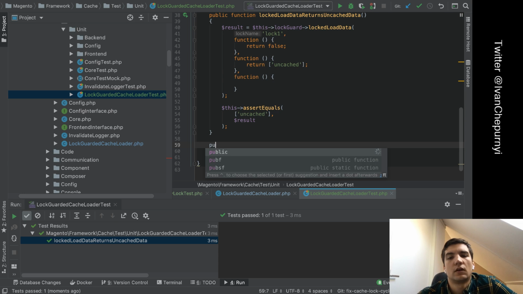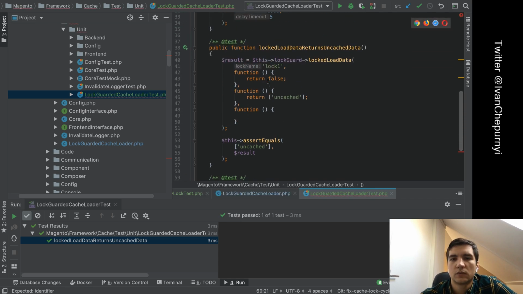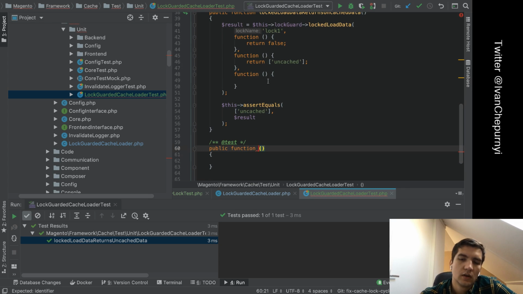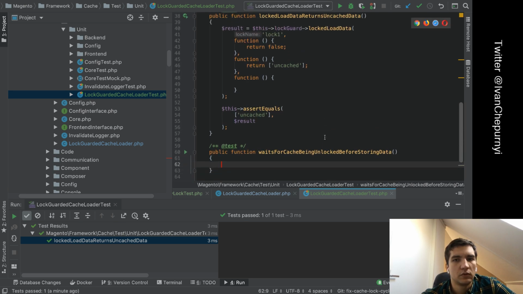Then what we will do next, we will write another test. Another test will check that it waits for cache being unlocked before reading, before actually storing data. Right. So what we will do here,